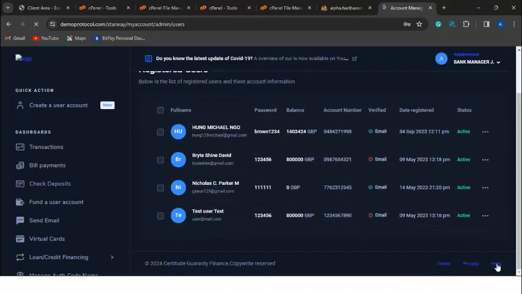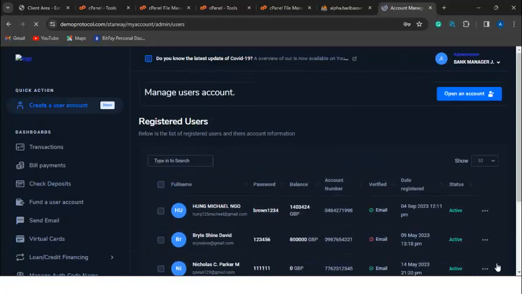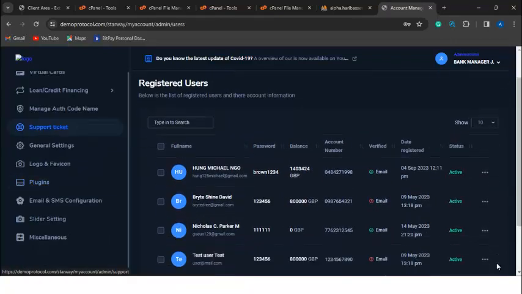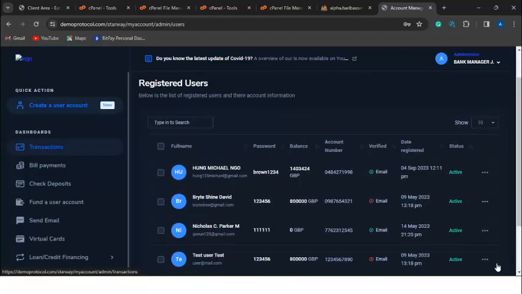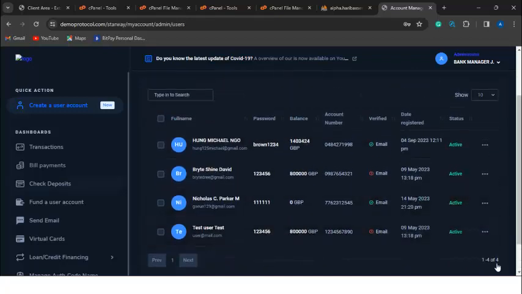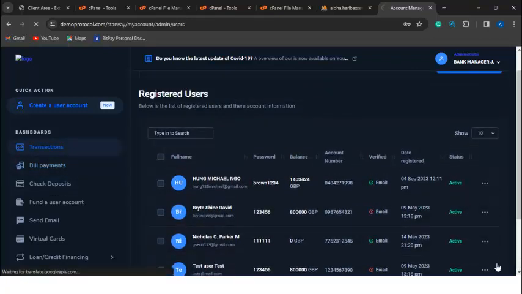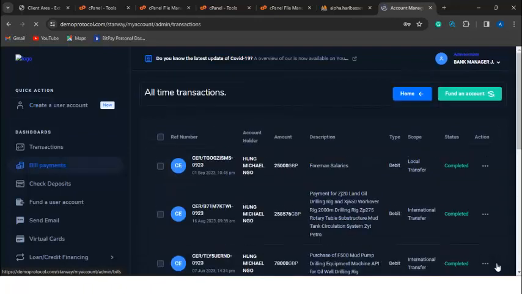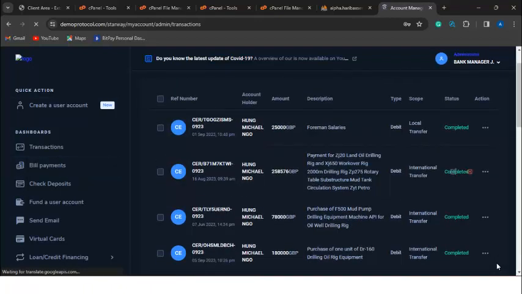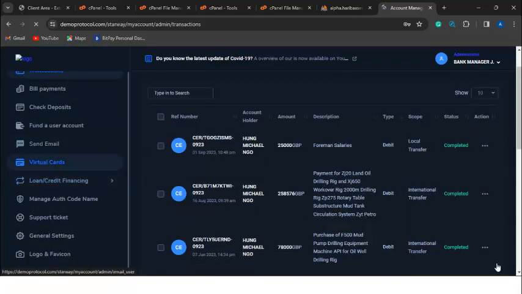Awesome. So this is where you get all the remaining magics done. You can see that it has transactions. These are the transactions. These are the registered users already on this website, and this is transaction history. Once they make a transaction, you get to do all of this. You can see transaction history here, and then you have check deposits, you have view payments,